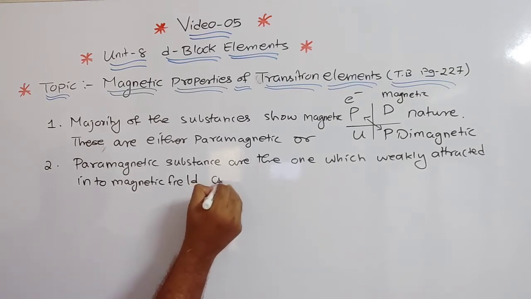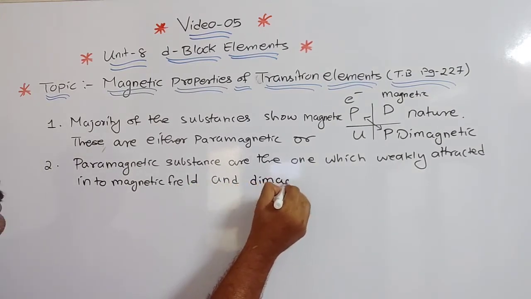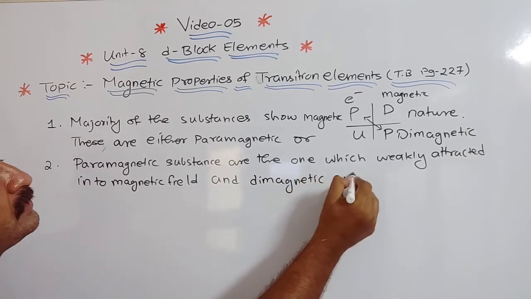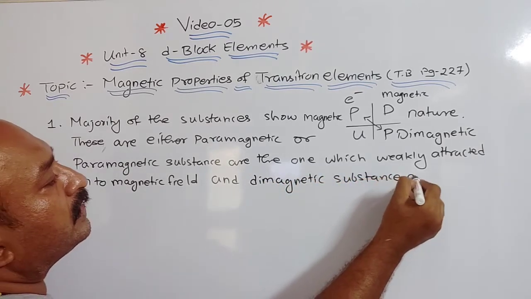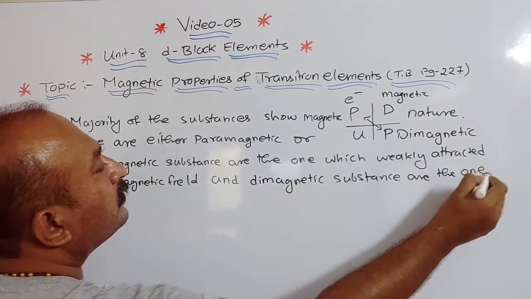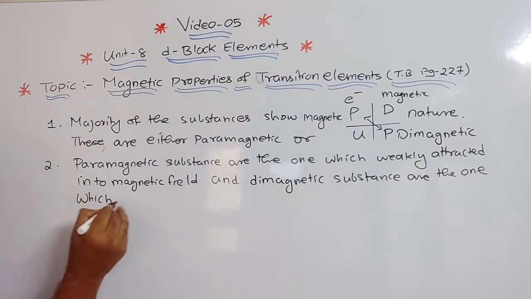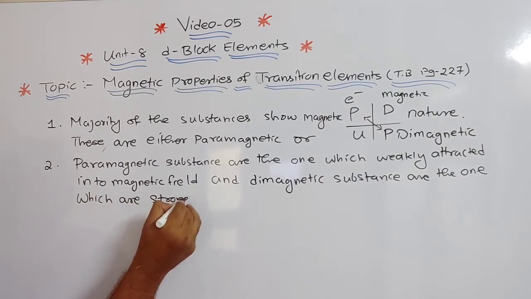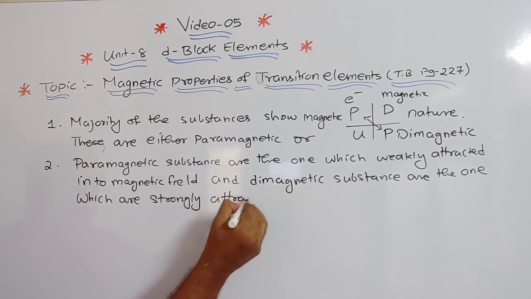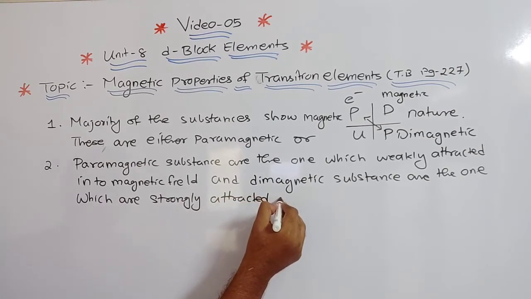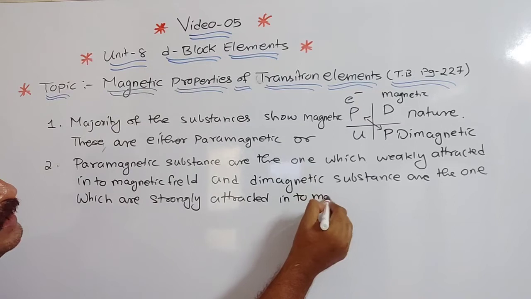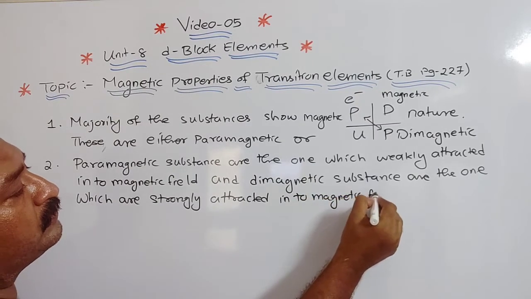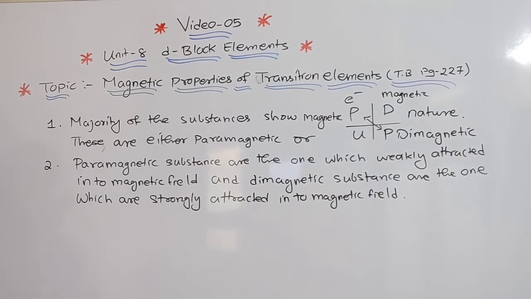And diamagnetic substances are the ones which are strongly attracted into a magnetic field. Clear? Now, you have already studied this, but this is the concept you must know. Understood? Well, now the paramagnetic behavior arises due to the presence of